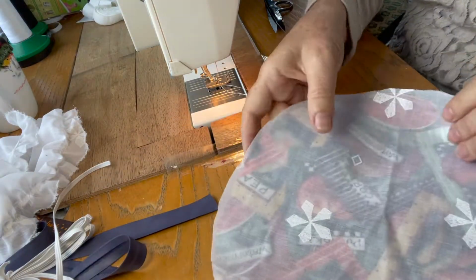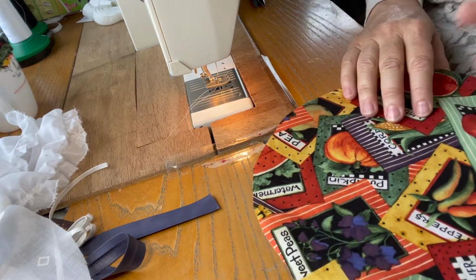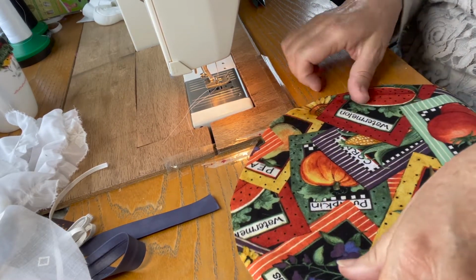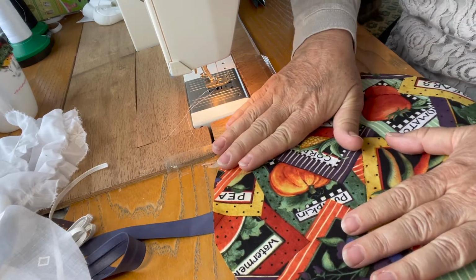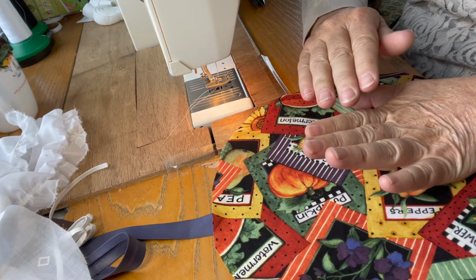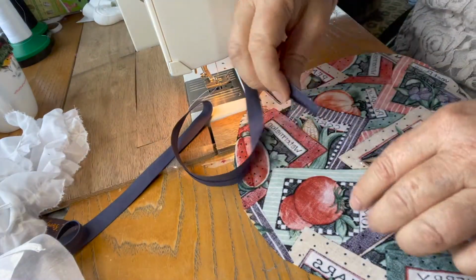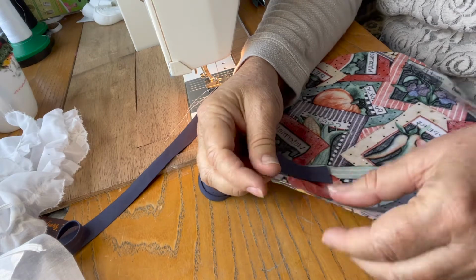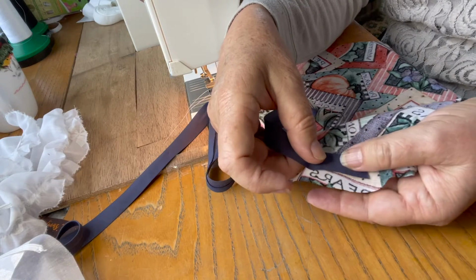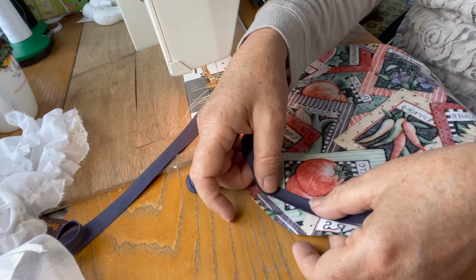Now, another technique you can use is your bias tape. A couple of things you can do with the bias tape option is to sew it directly on the edge, or to edge it first and then put your bias tape on. So exactly as you did with the elastic, you can edge this in a rolled hem, you can zigzag it, whatever your preference is. You then place your bias tape down onto here, and then you go all the way around